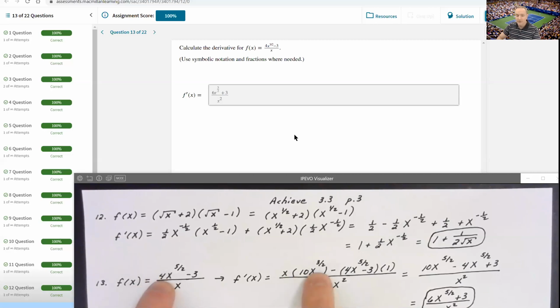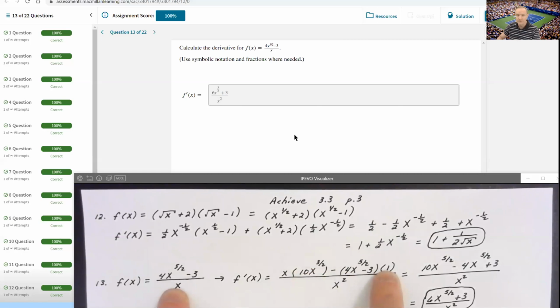Well, the derivative of the numerator is just going to be the derivative of 4x to the 5 over 2. I said 5 over 2 times 4, that's 20 divided by 2 for a coefficient of 10. And then x to the 5 over 2 minus 1 power gave me 10x to the 3 over 2 when I subtracted 1 from that exponent. Now, of course, derivative of 3 is 0, so we just get our derivative of the high function right here, low d high, minus high, the numerator, times the derivative of the low function, or derivative of the denominator,